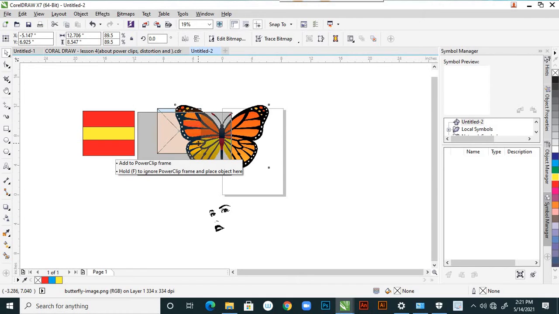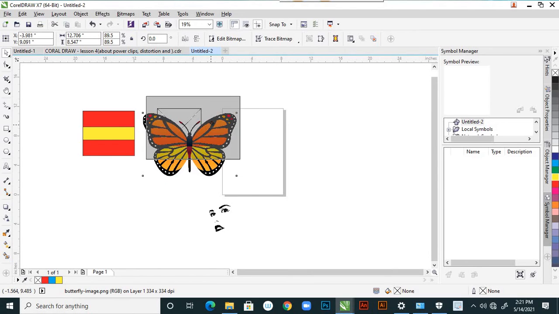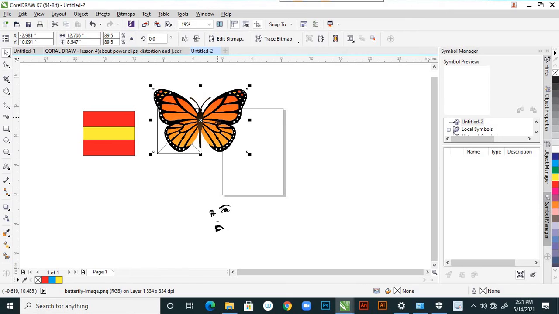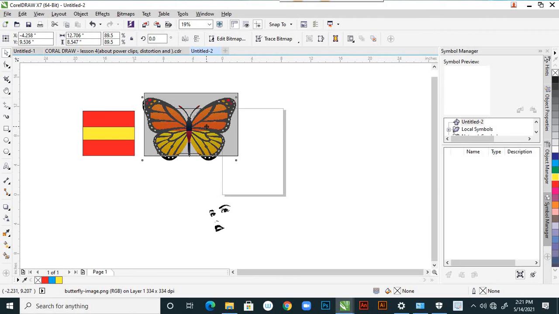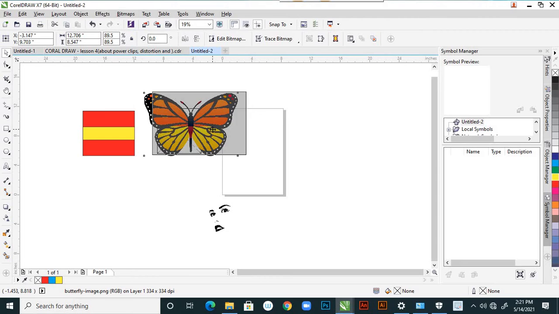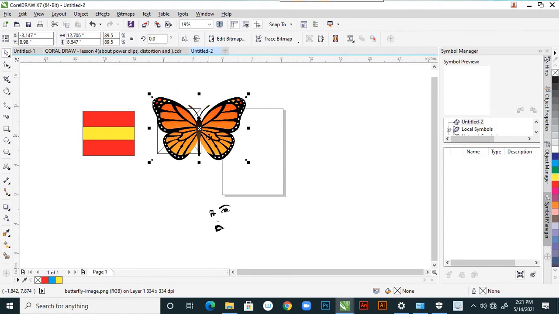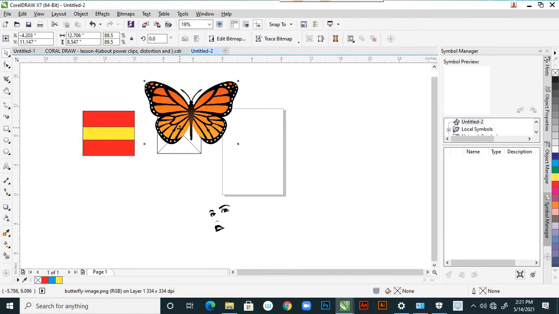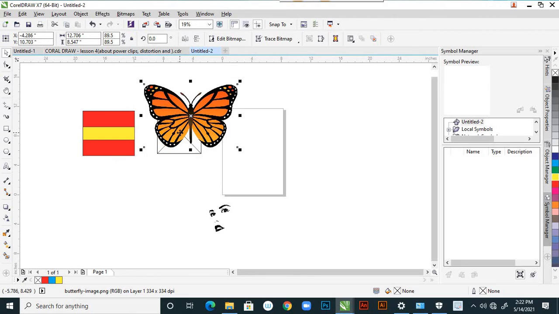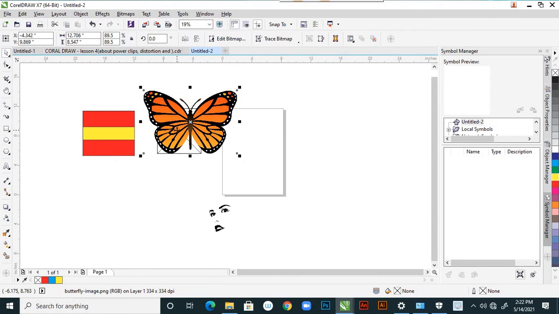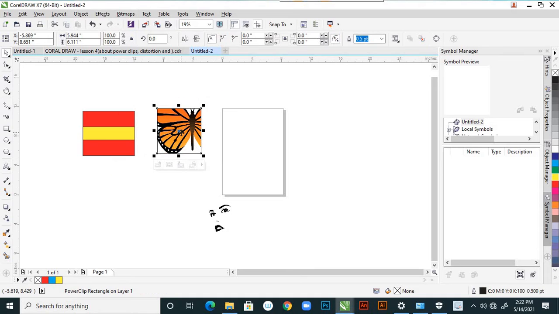So I'm holding F, and see, you are avoiding that PowerClip, and now you leave this. Now you release F, and then it automatically goes into the PowerClip.